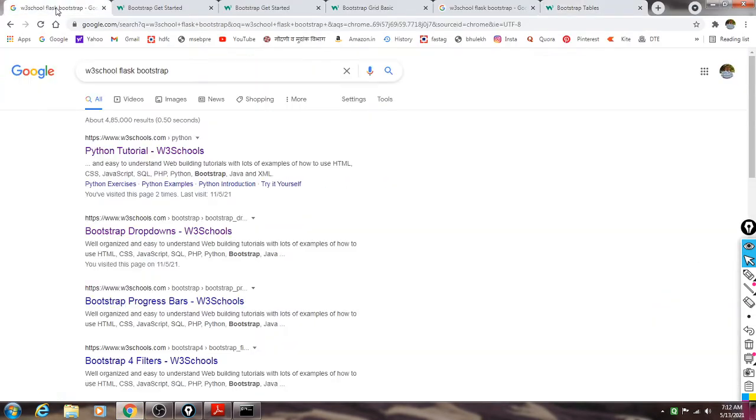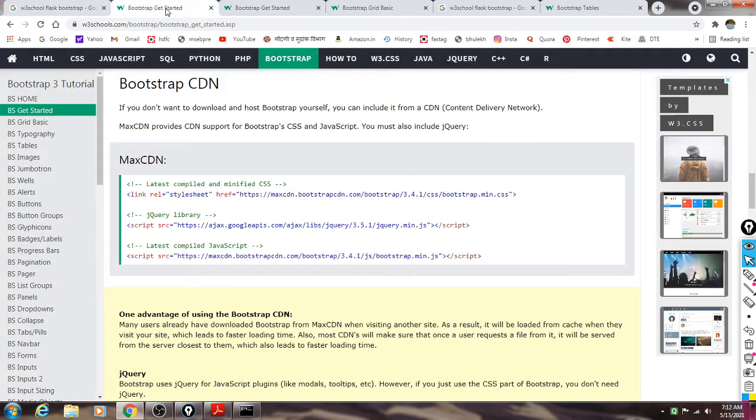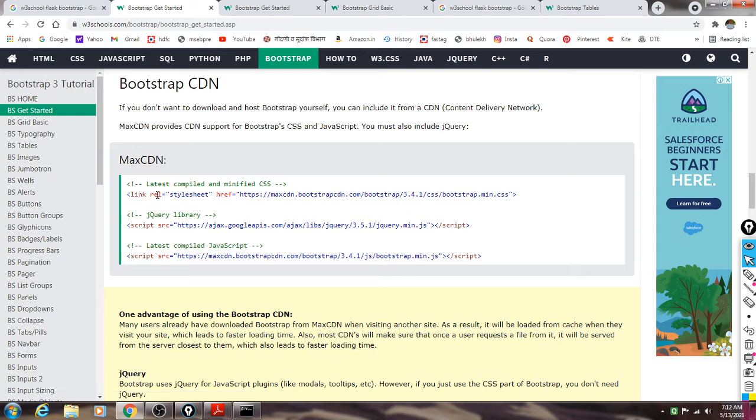This is the example. Look here. Here is Bootstrap CDN. What type of links can we copy? Here we are using w3schools.com. These 3 links we can copy in our HTML script. The sources are available here. Copy this one for CSS, then for the jQuery library copy this one, and for JavaScript copy this one.